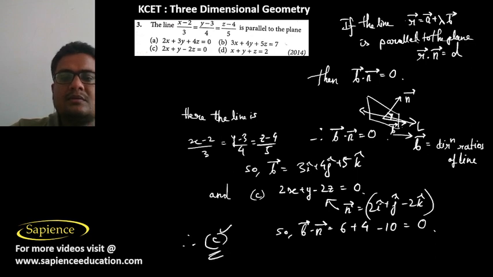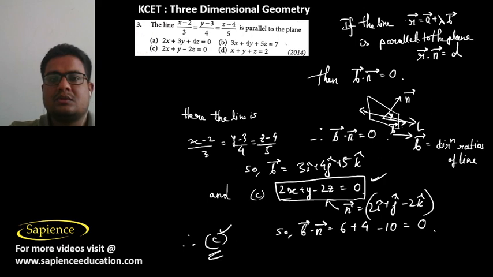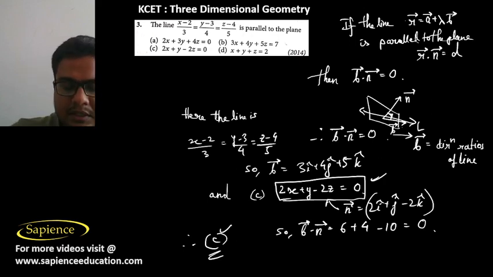It means that this plane is parallel to this given line. Then question number 4 says that